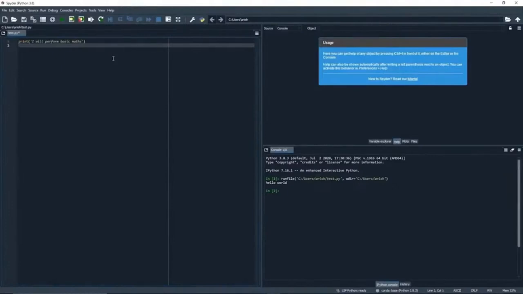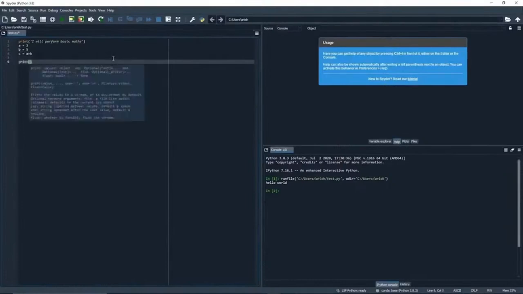So let's create a variable called a. Let's store a number 3. Let's create a variable b, store a number 5. Let's create another variable c, which will store the result of the addition of a and b. And let's print what's in this variable c, or the result of a plus b.